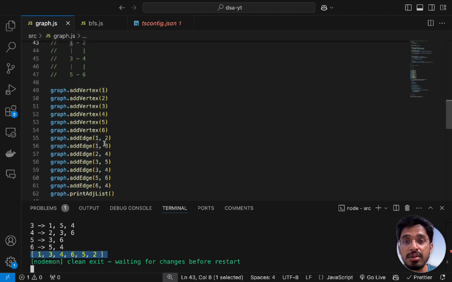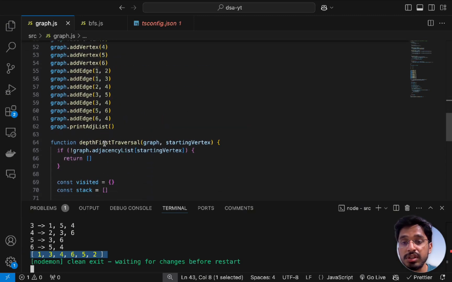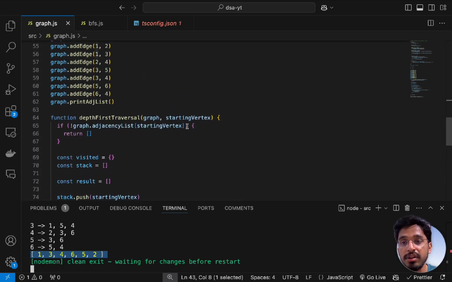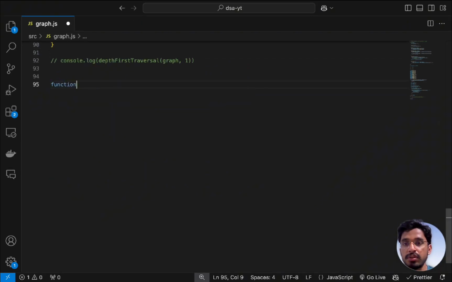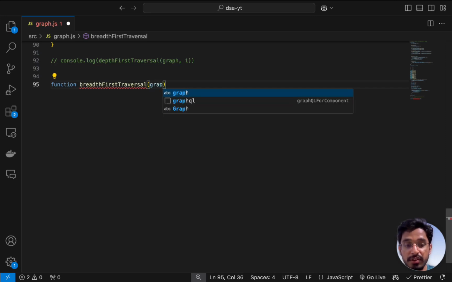Okay, so this is how we implement depth first search, depth first traversal within a graph. All right, so let's now understand how to do the breadth first traversal. So let's create a function for the breadth first traversal. Breadth first traversal. Alright, and this is as well going to take in the graph and the current or